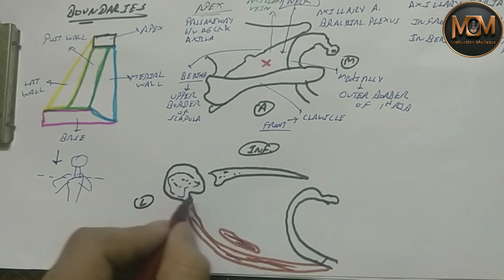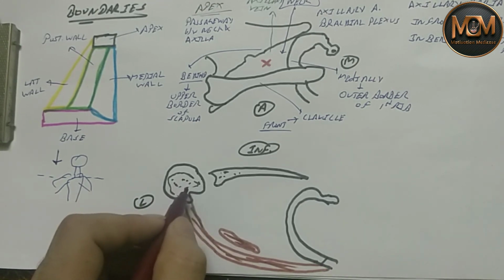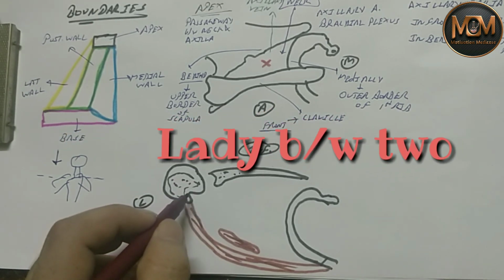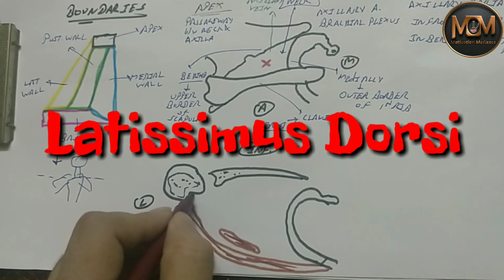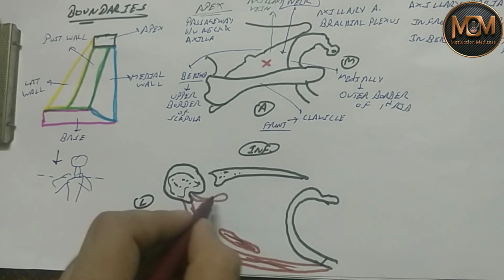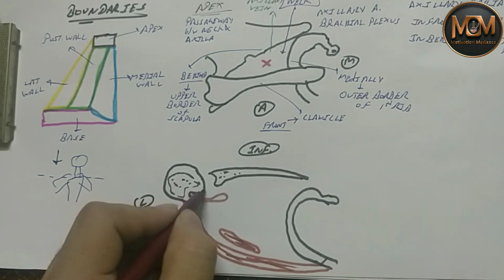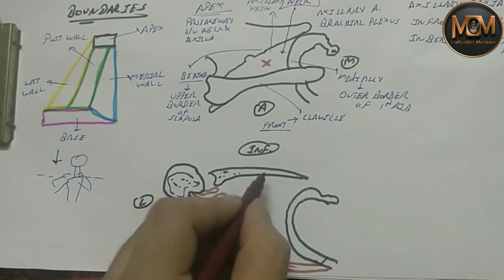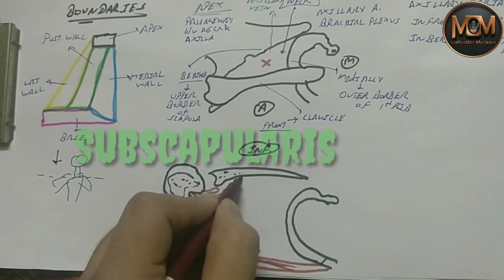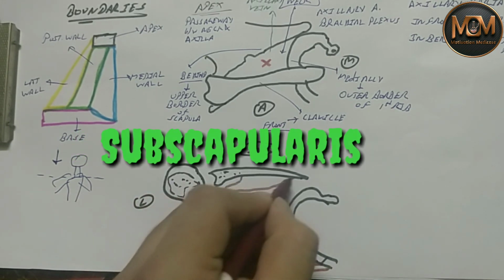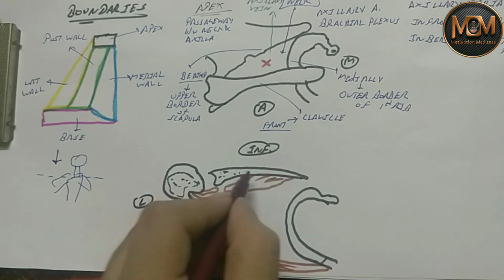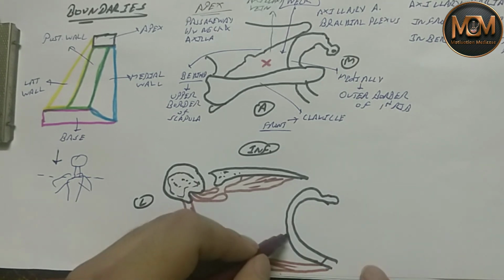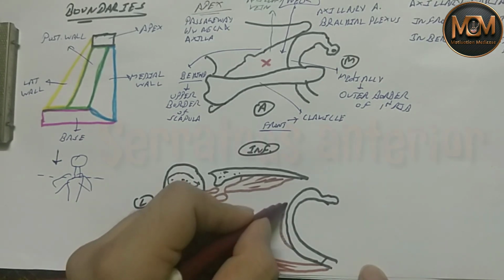see, there is a mnemonic to remember the muscles at the lips of the bicipital groove, that is ladies between two majors. So ladies basically means latissimus dorsi at the bicipital groove, which is present between two majors, that is pectoralis major and the teres major. This is teres major. And in the scapula there is a muscle present, that is subscapularis muscle. This is subscapularis muscle. And on the ribs, basically on the corresponding ribs, there is a muscle present, that is serratus anterior.